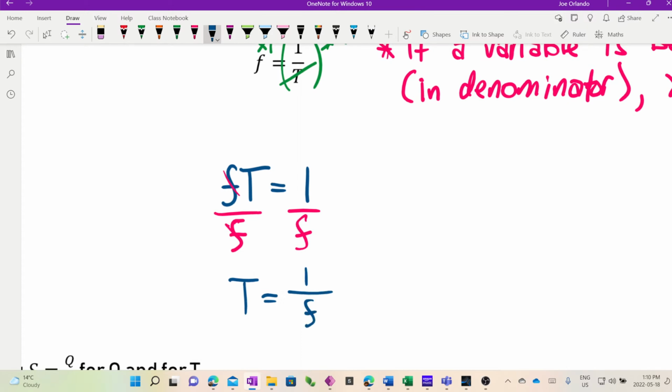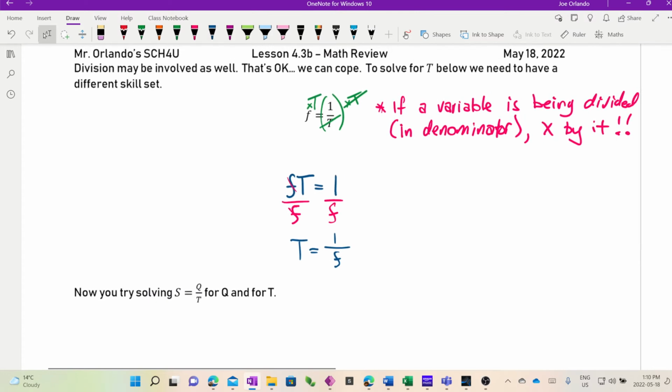Now, one thing you can know is this. There is a second way to approach this. You can always say, I can just flip both fractions. But you've got to be careful, because you can only do that